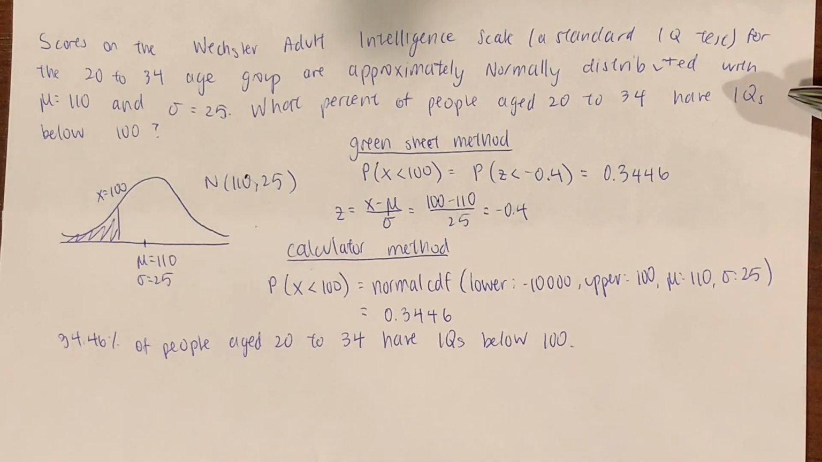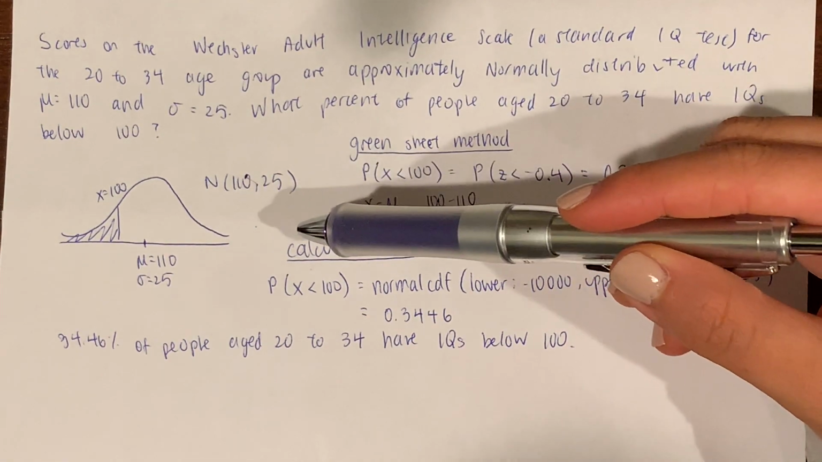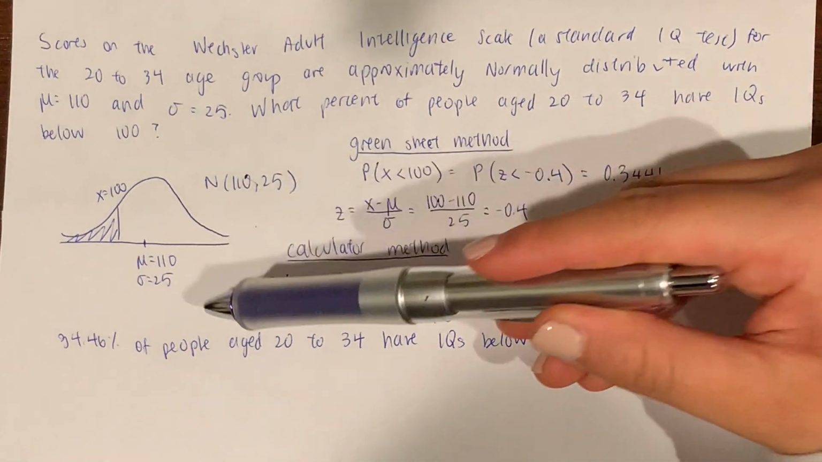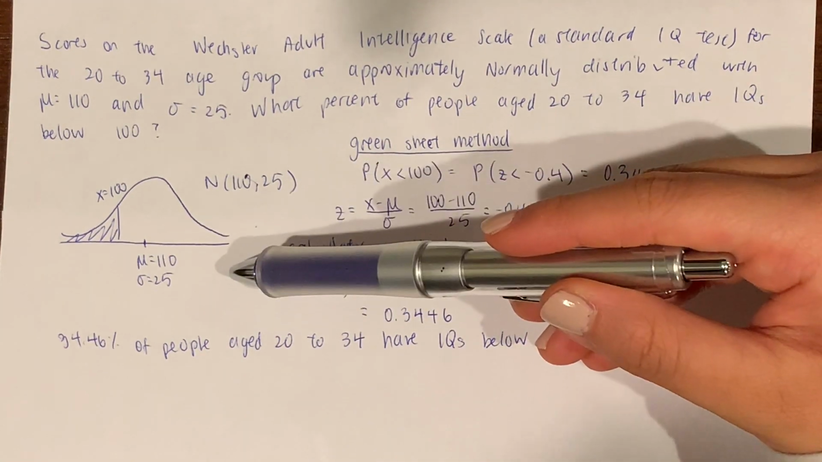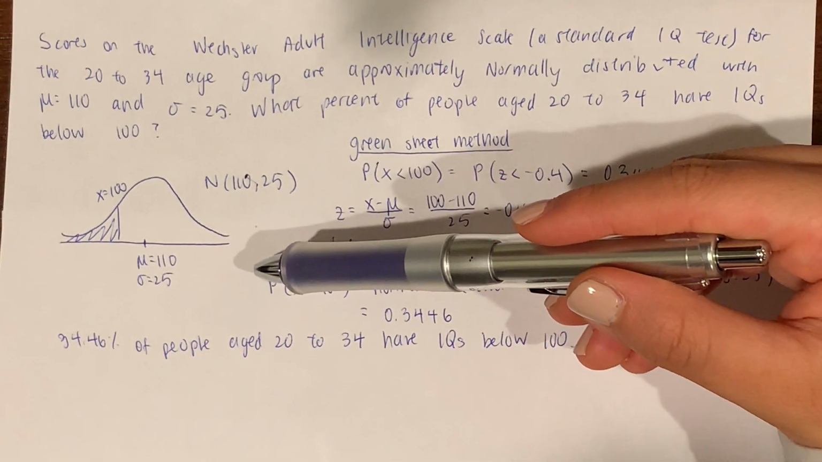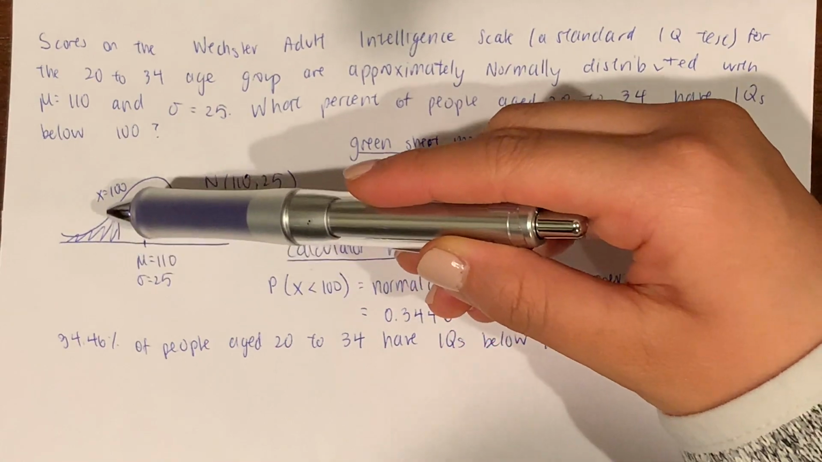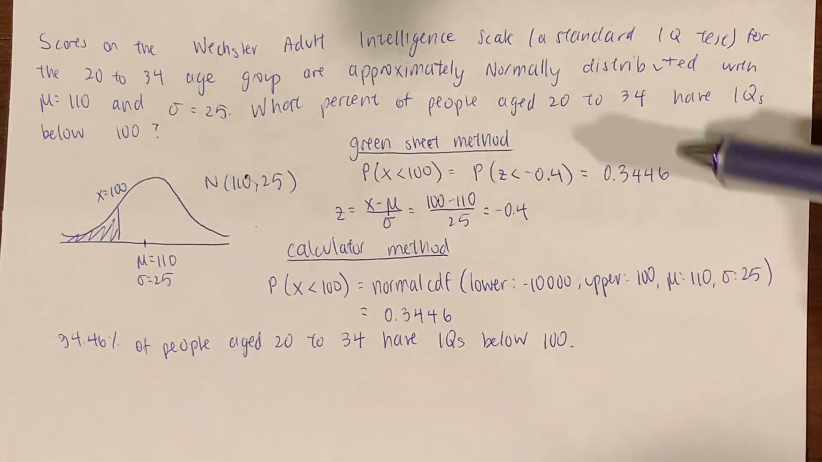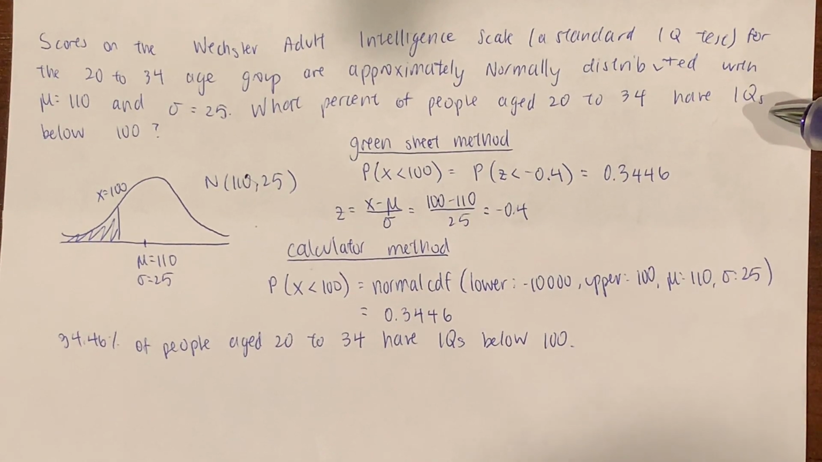So when showing work on an FRQ, as we said before, you first want to state the distribution and values of interest, like we do here. You can do this by drawing a picture of the normal curve and restating the mean and the standard deviation, which we have done here in multiple forms. Additionally, you want to indicate your boundary, x equals 100, and the direction with which you want to find the probability. Because the question asks for the percent of people aged 20 to 34 who have IQs below 100, we